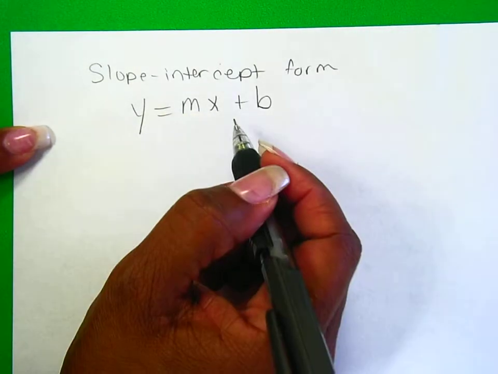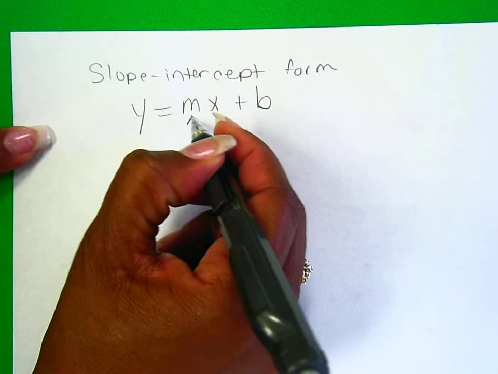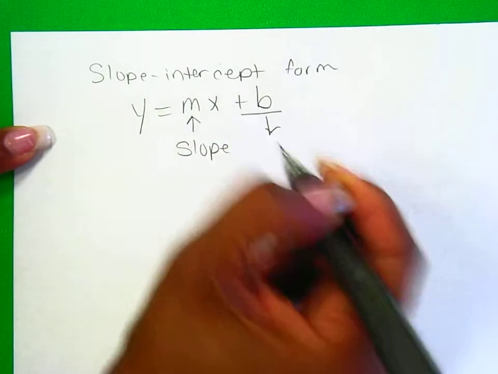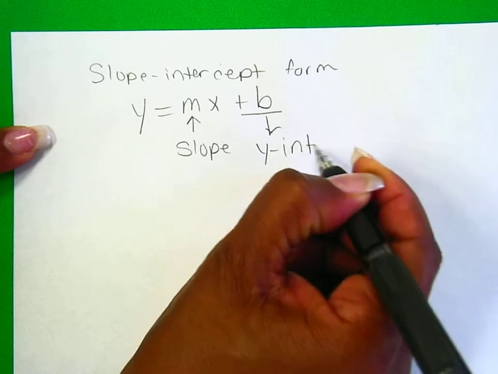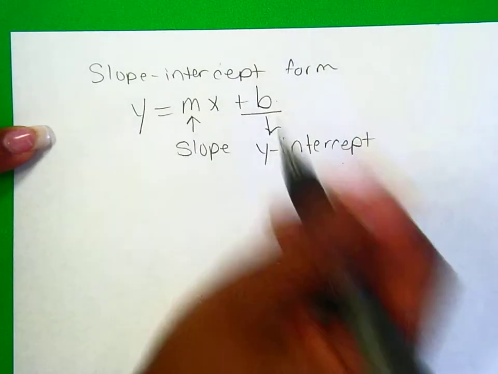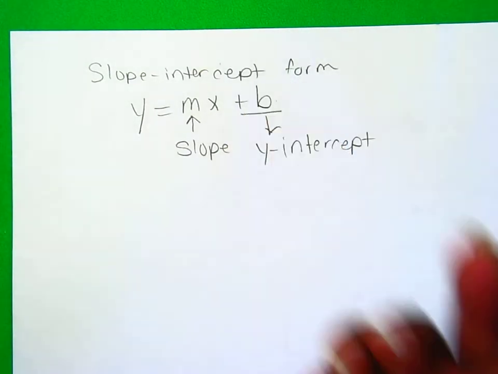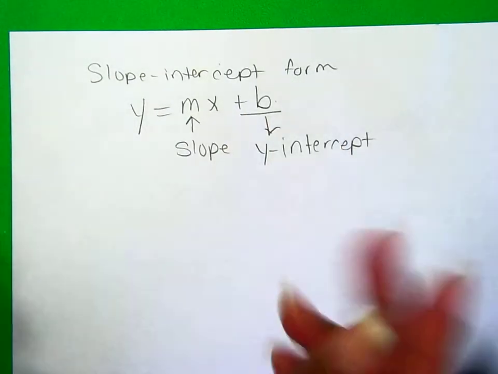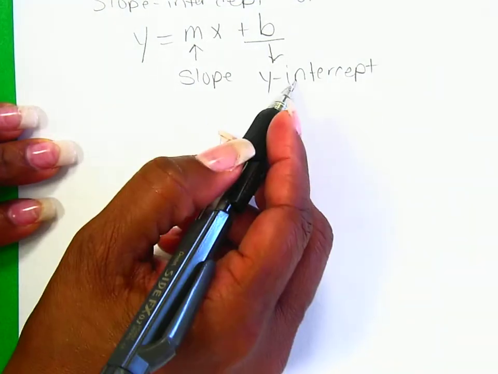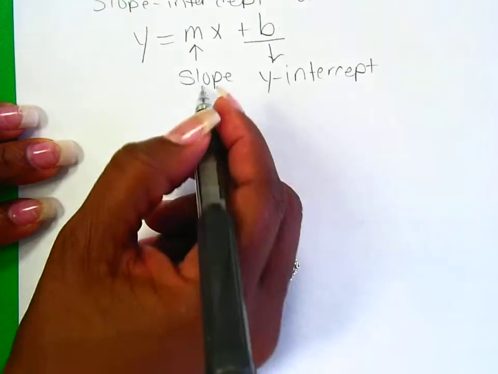So if you're given the slope and the y-intercept, this is an excellent formula to just substitute that value for slope and the y-intercept in there, and it makes it much easier. Now, if you have the y-intercept and the slope, you could also use what we call point slope formula,